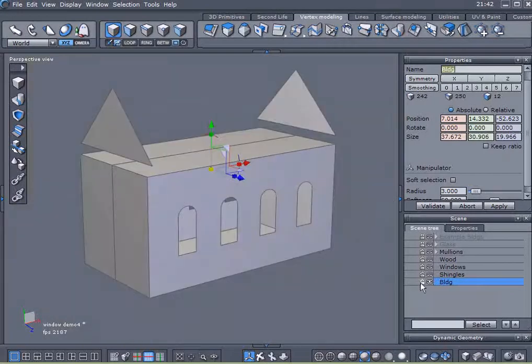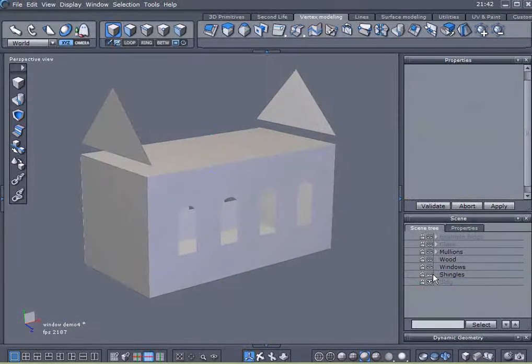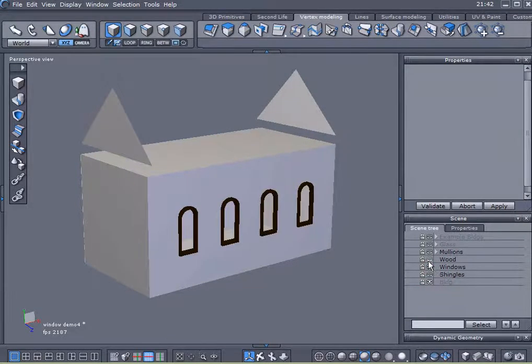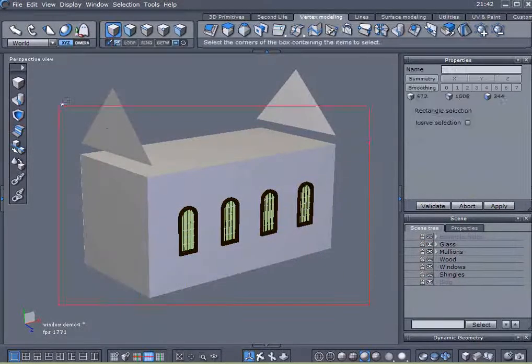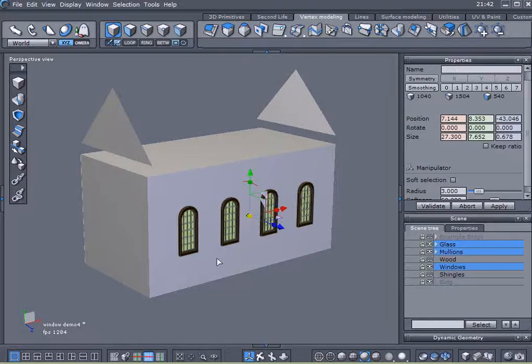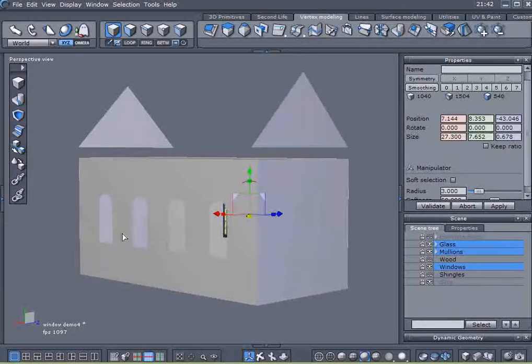I'm going to lock this so I don't accidentally select it. I don't need my shingles. I want my windows. I don't need the wood, I need the mullions, and I need my glass. And with those three items selected, we want to duplicate them and put them on the back side of our